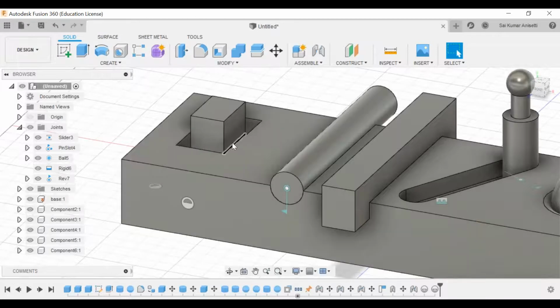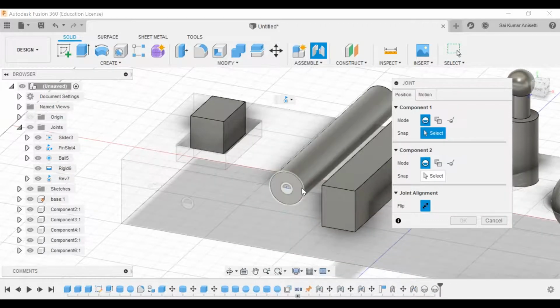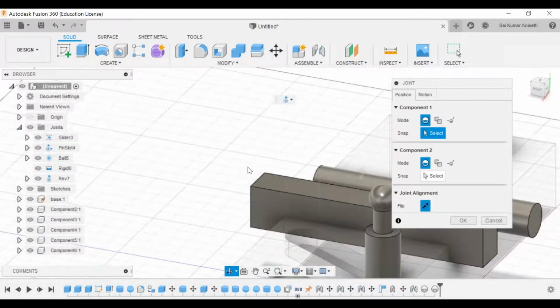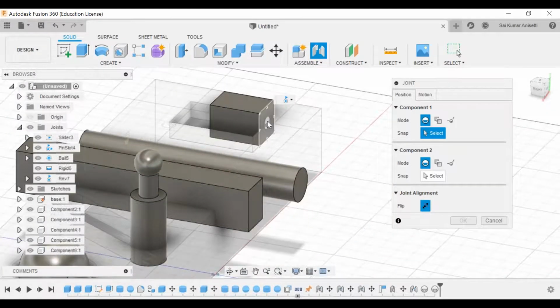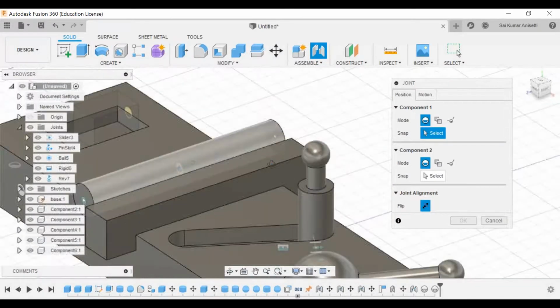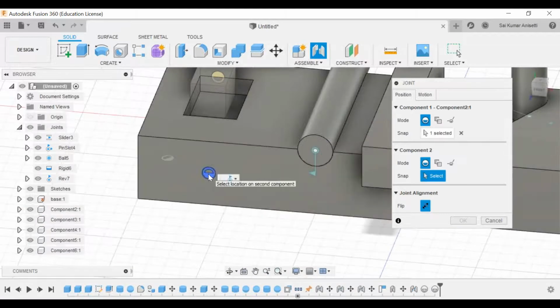It does not mean that faces and edges are the only points. You can create a number of custom points. Onto this particular point I need to assemble this particular component. So in that way you can actually make this. For this component, let me do it. I want to assemble this particular joint with respect to this point, suppose I have this point.